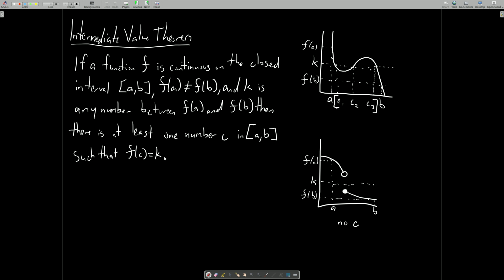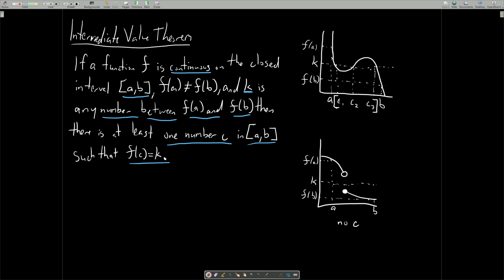So the intermediate value theorem: if a function f is continuous on the closed interval [a, b], and f of a is not equal to f of b, and k is any number between f of a and f of b, then there is at least one number c in [a, b] such that f of c equals k. Now what this means is,